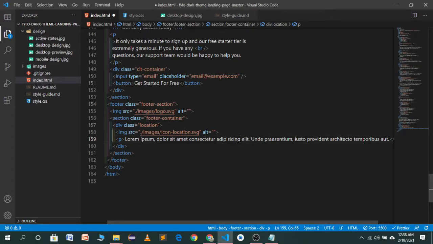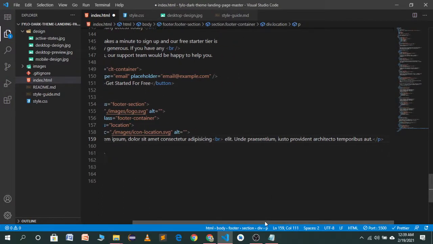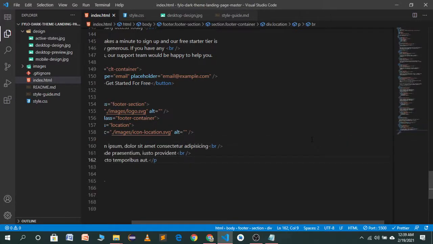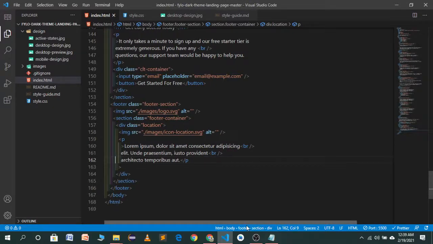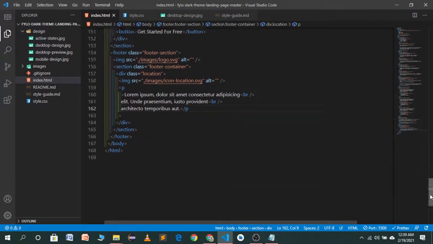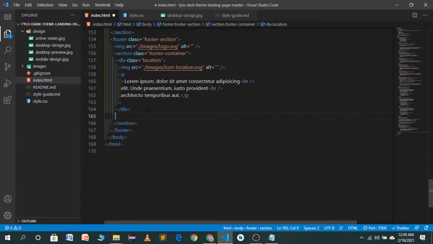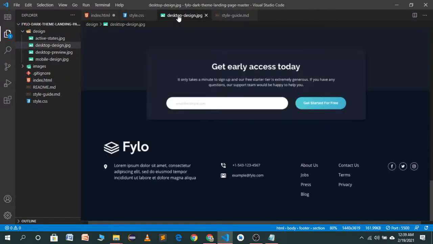So after this I will use a line break by using br tag, and let's use a br tag after this one, and now save it. So the first container is this one. The second container will be this, which will be a phone number and email.